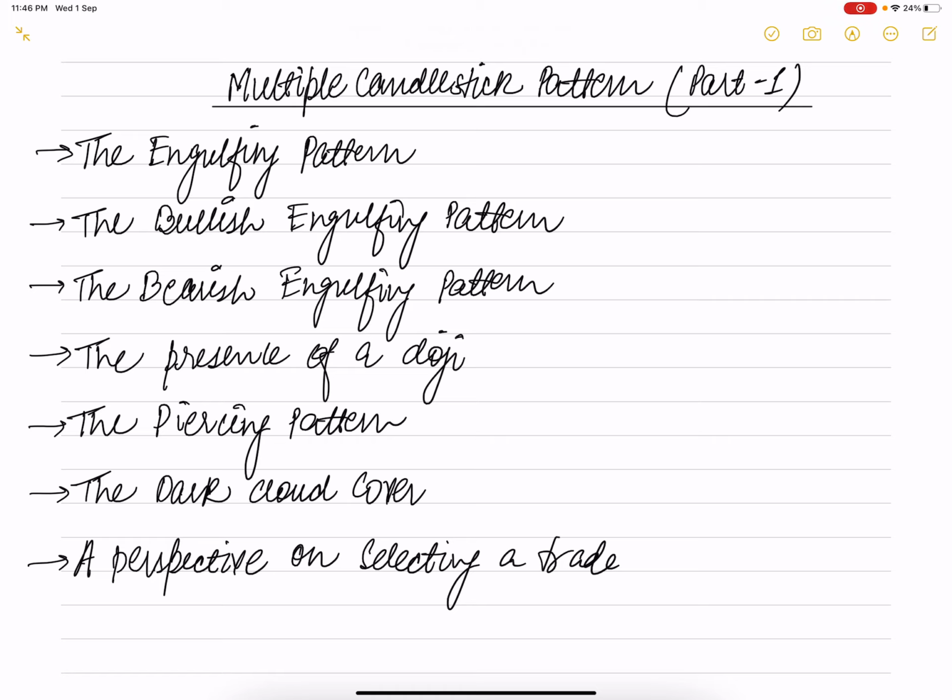For example, if there is negative news in the banking sector, banking stocks are bound to fall. In such a scenario, if the stock price of ICICI Bank falls by 2%, it is not really necessary that HDFC Bank stock price should also fall exactly 2%. Probably HDFC Bank stock price may fall by 1.5% or 2.5%. So these two stocks may form two different but somewhat similar candlestick patterns, such as the bullish engulfing and dark cloud cover at the same time.